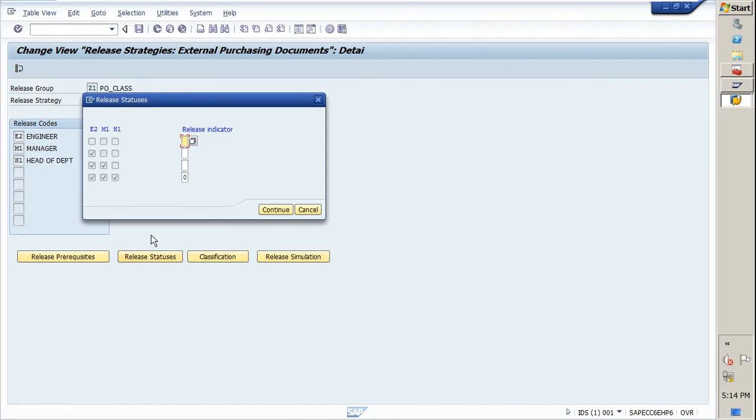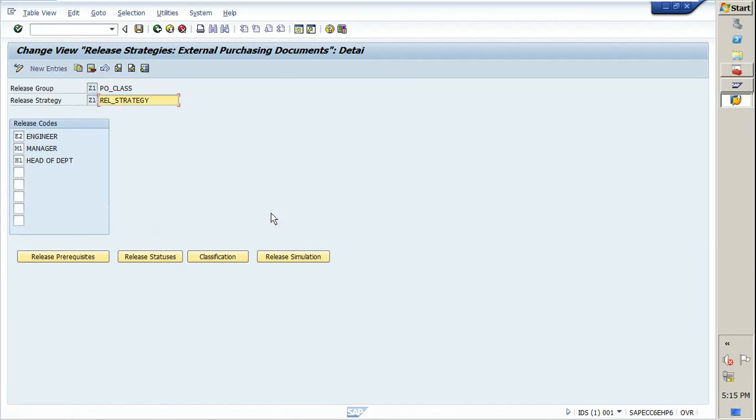Now you are going for release status. So here you can see when you have selected this matrix, then for these 3 levels of codes, if these 3 won't release the PO, then the final result is it is not released. If one of them has released the PO, then also the final result is not released. If two of them have approved the PO, then also the release indicator is not released. But when 3 of them have approved the PO, then the release indicator means it will be considered as released. So this is the way we have just created.